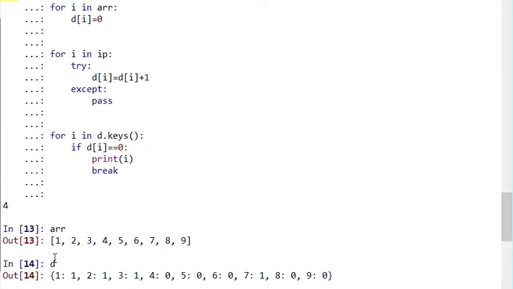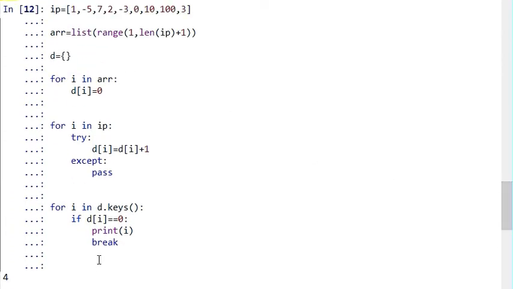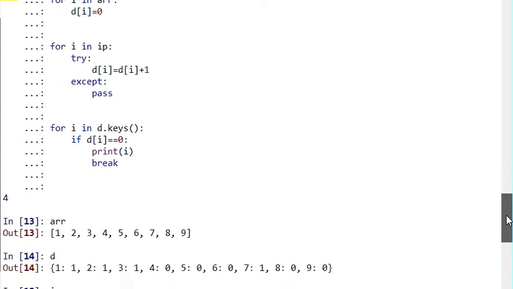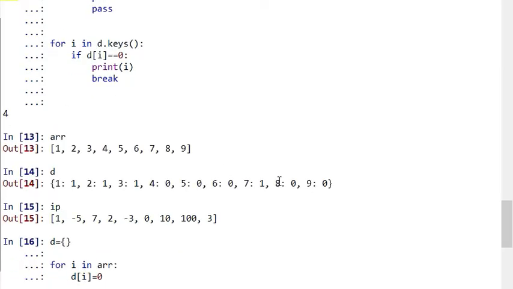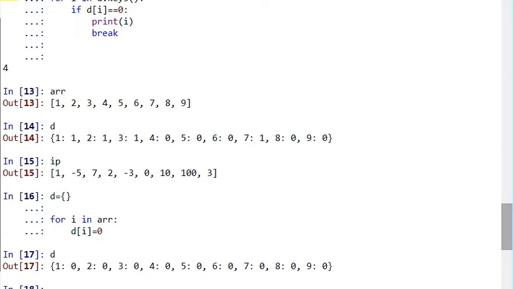You can see that when D was initialized, all values were 0. I can just rerun it so you can get clarity. If you see the value of D now, all the values are 0.